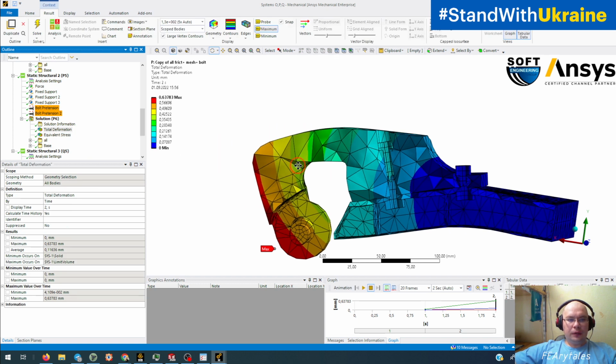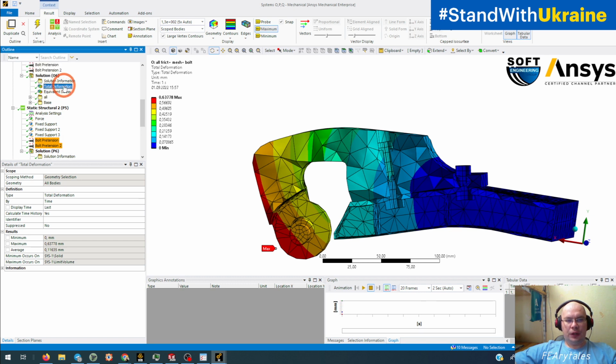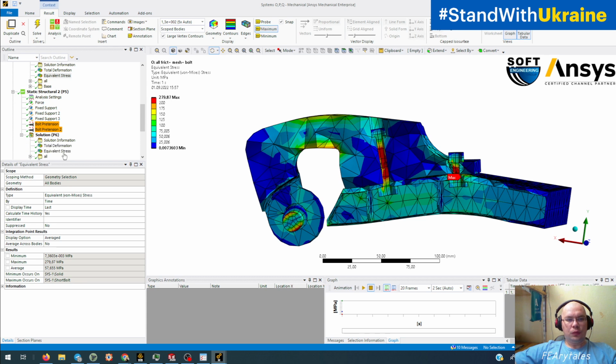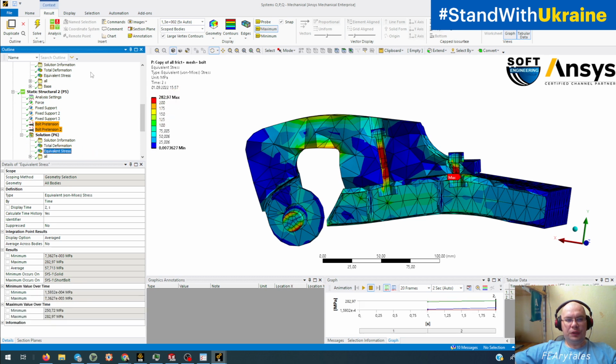And we obtain results which are very close but not identical. On deformation we don't see a difference. On stress we see some difference,